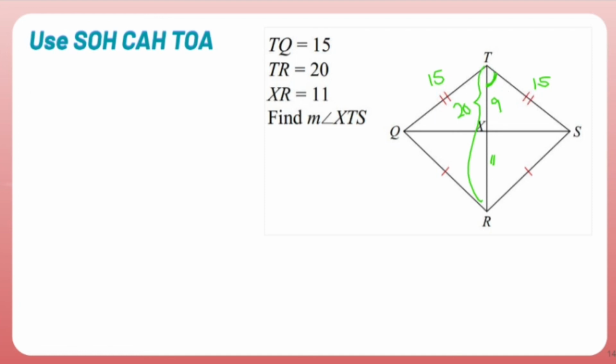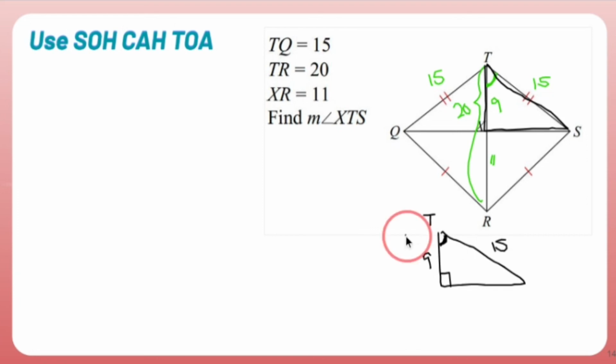So what I'm going to focus on is this triangle right here, where I'm being asked to find this angle. That's a right angle. You're 9 and you're 15. I'll call this T because there's a T there. If my job is to find angle T and I'm using SOH CAH TOA, I have an angle and I need to see what 15 and 9 are compared to that. So 9 compared to T is right next to it, and it's not my hypotenuse, so it's my adjacent. 15 is my hypotenuse, so I need the one that cares about the adjacent and the hypotenuse, and it's CAH,